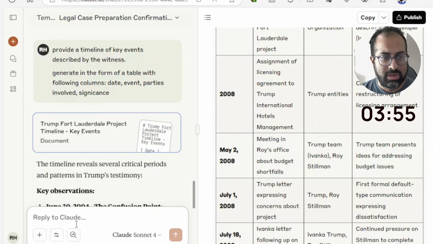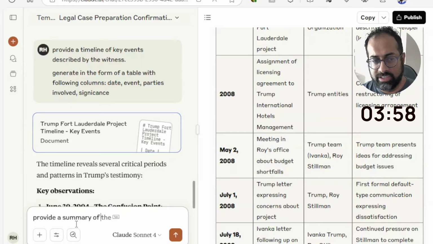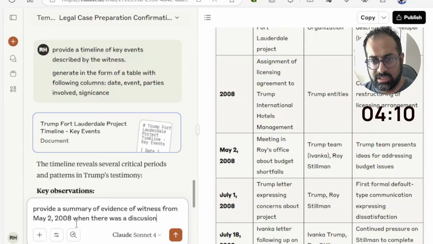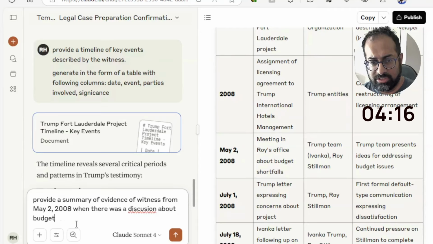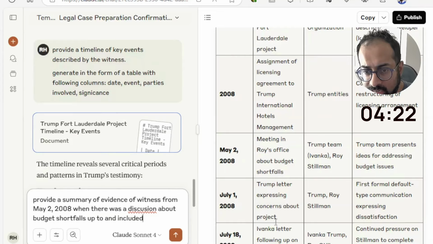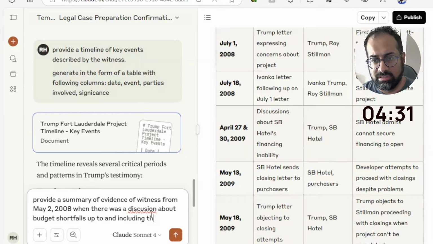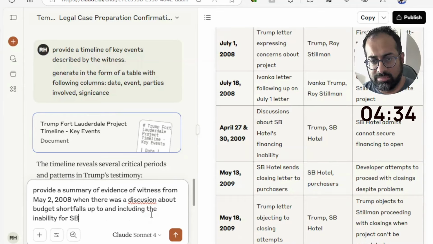So let's say, provide a summary of evidence of the witness from May 2nd, 2008, when there was a discussion about budget shortfalls, up to and including, let's go to something significant, the inability for SB Hotel to find financing